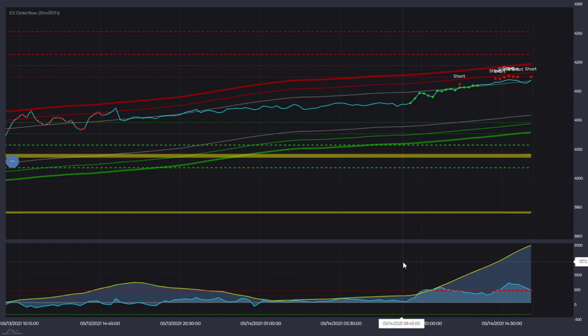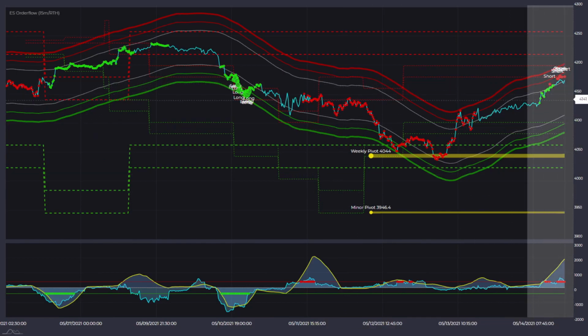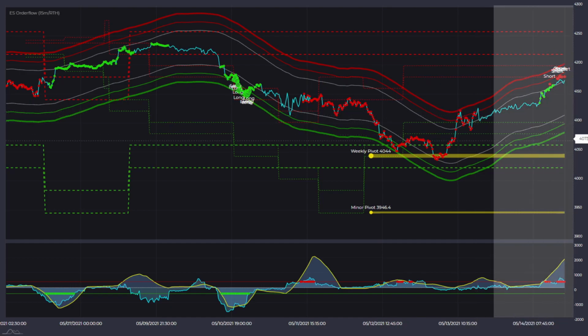Simply using these ones is enough for you to gauge where to put your stop loss or where to put your targets. And if these levels are confluencing with the bands, like over here, for example,